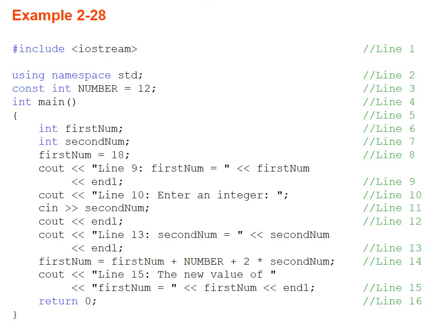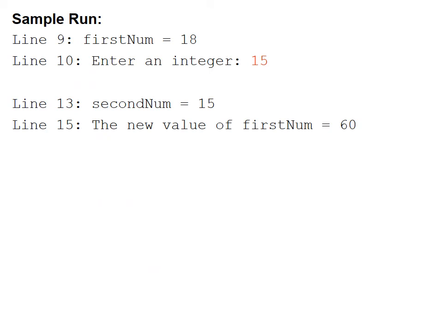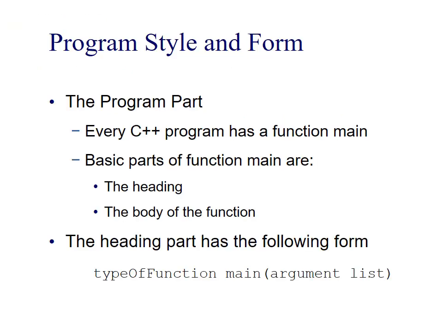So just copy this program once again to your C++ Code::Blocks and run it. I want you to try it a little bit yourself with this program and see how it works. If you write it as it is in the slide into the code block and run it, you will see the behavior of the C++ compiler yourself. So this is the sample run, like line 9, enter the values and it shows. So program style and formatting.